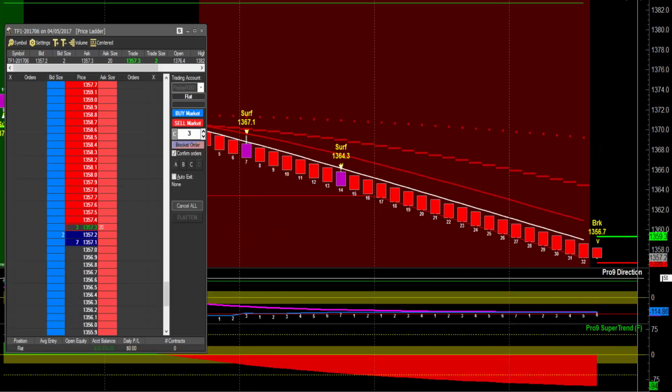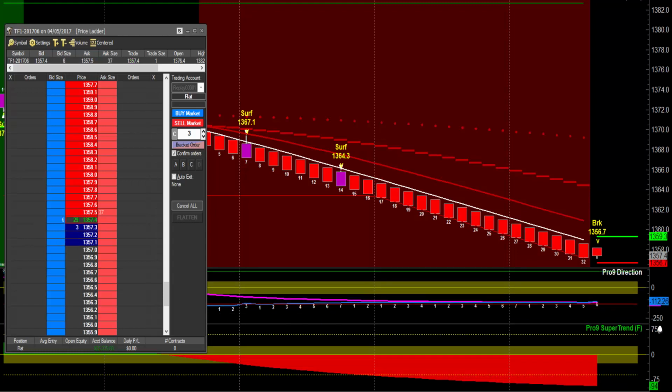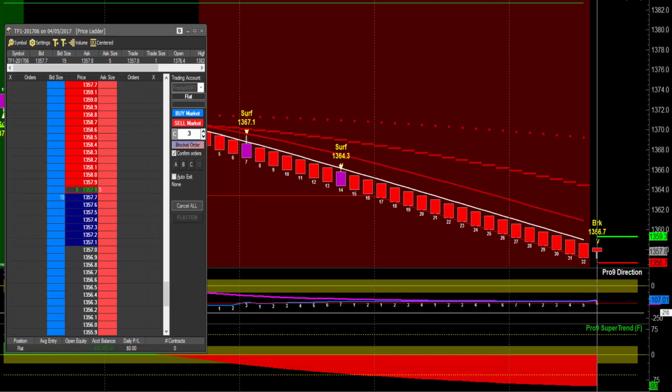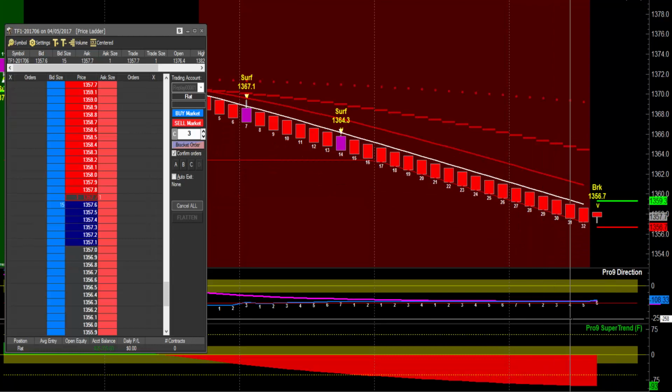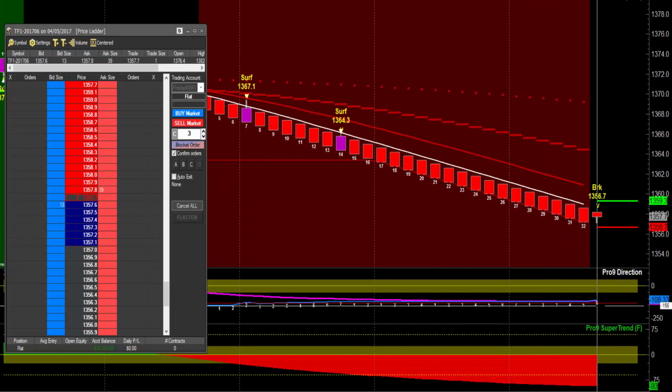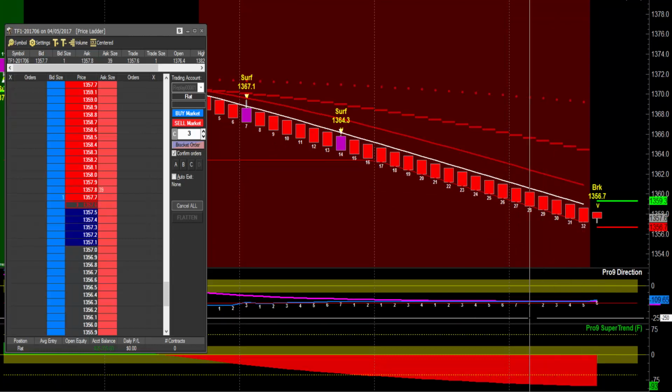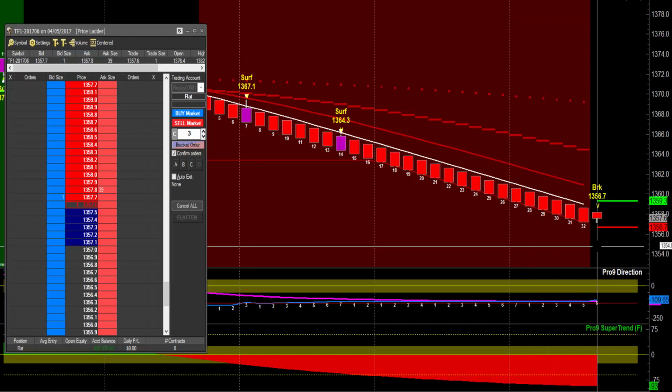So here I see a divergence long setting up. You can see we have enough divergence on my blue line here. So what we're waiting to see is for my turn bar to plot with a green dot underneath it. I have enough divergence. I want to see my blue line moving in the opposite direction of the trend for at least 5 bars